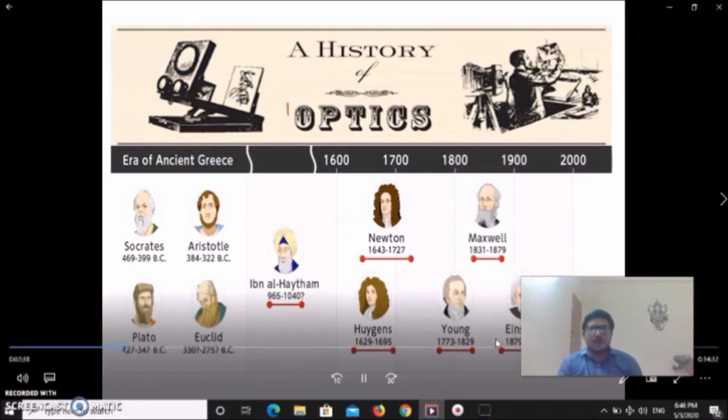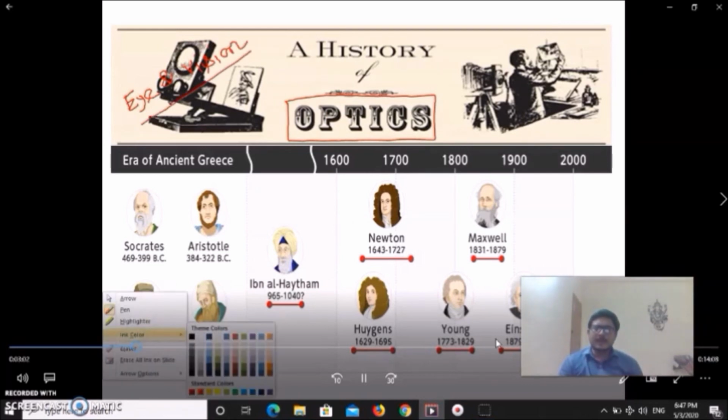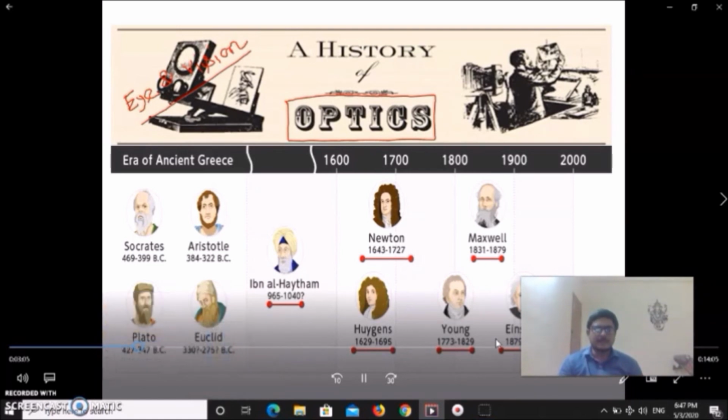Optics. It may be a new term for you, but it's nothing but light. Study of light means optics. Dear cadets, once upon a time, optics or light was restricted to observations, visions, all these things. Clear? But slowly, many optical instruments like mirror, lens, laser, telescope, microscope were discovered, and with the help of those instruments, many new properties and theories of light came to be known.